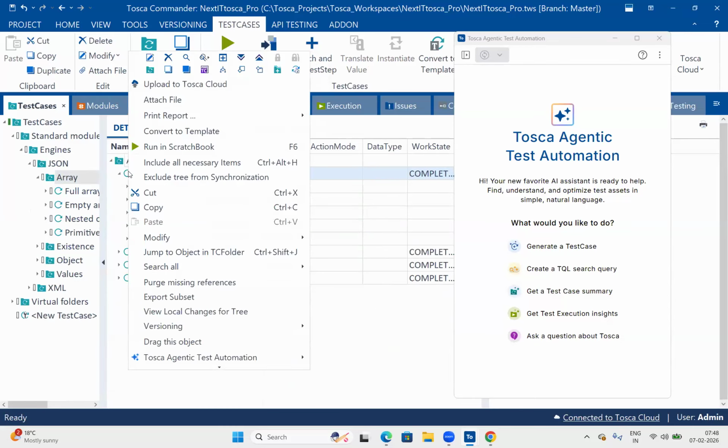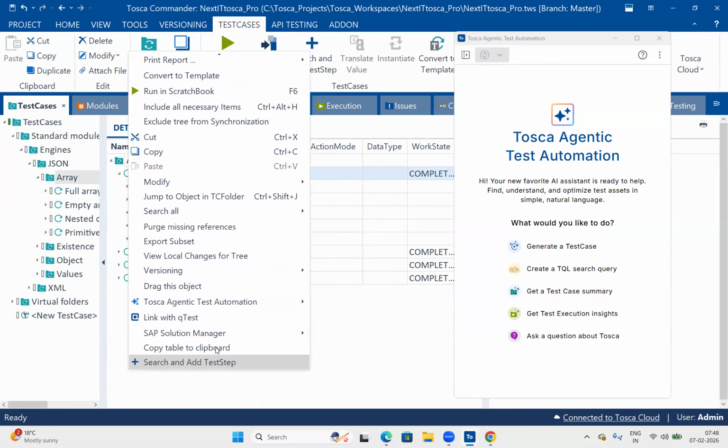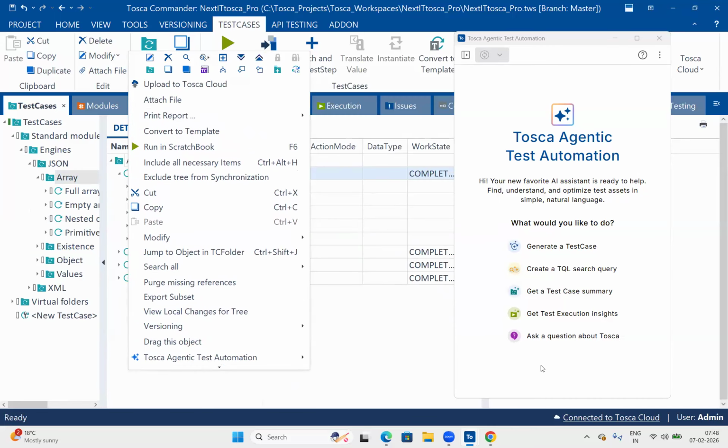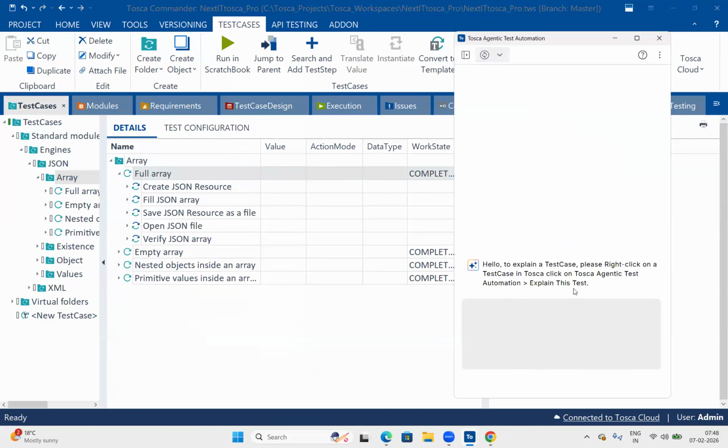Right click on this test case. Here you can see one option like get summary in Tosca Cloud. Go to templates. Okay, let me use get test case summary. Hello, to explain a test case, please right click on the test case in Tosca and choose Tosca agentic test automation, then explain this test.